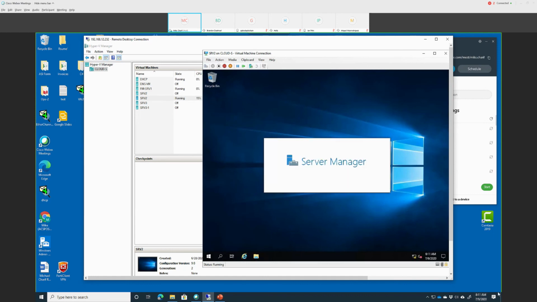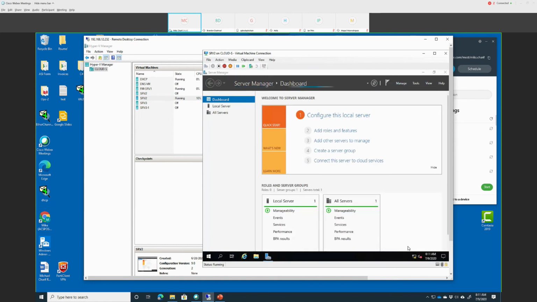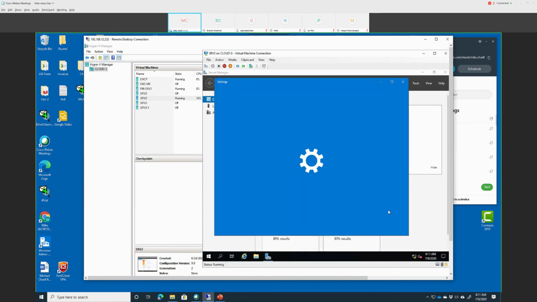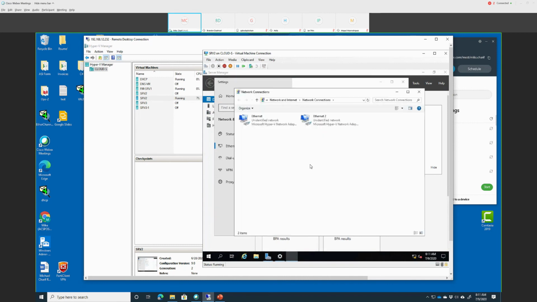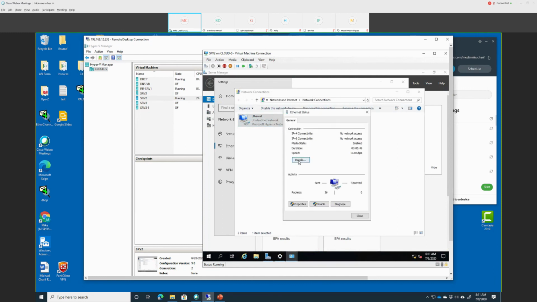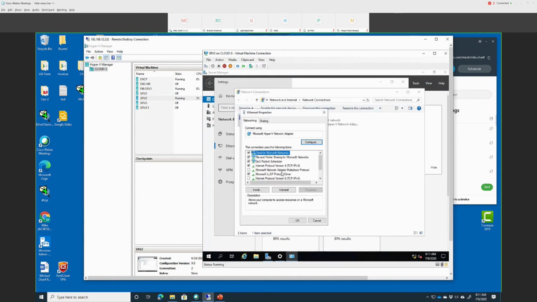Okay, now let's see if I can manage that network cards. So you go to the Ethernet and change options. So we have two of them. Let's see, status here, details. It's 168. So I need, let's see, properties. Okay,